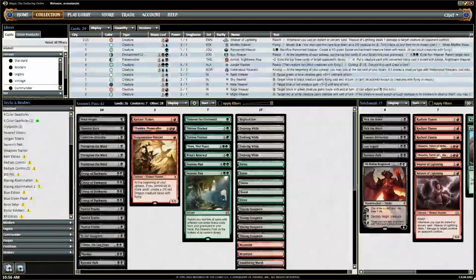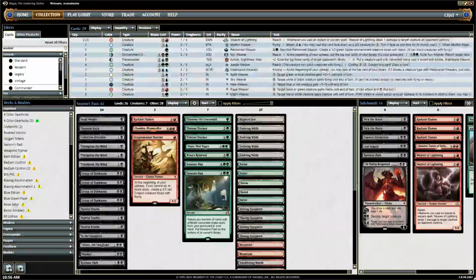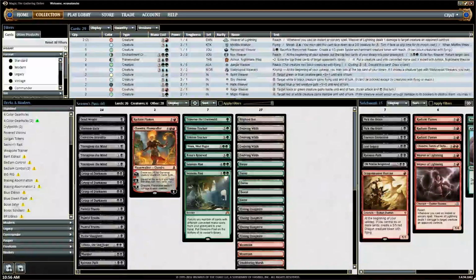I think that Chandra actually wasn't as good as we'd like it to be. And Dragonmaster Outcast is basically for that control matchup. But so far they haven't been siding out the removal. They've been keeping it in for Tireless. And I think that maybe, yeah, it's the 2 of Tireless and the Kalitas are probably the right route. And then